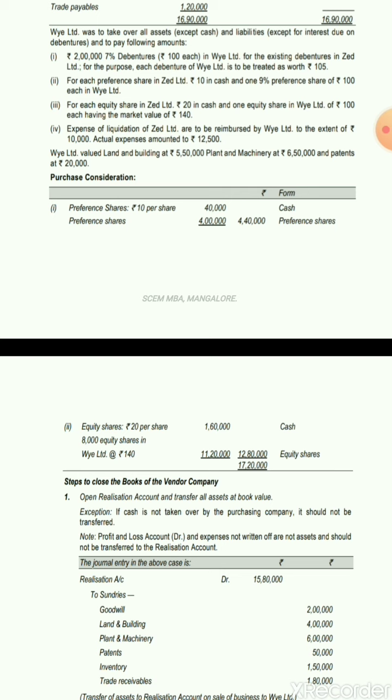If this information was not there, if transferee company had not issued equity shares, if transferee company had not issued preference shares, then we would have followed net assets method. But since the preference shares and equity shares have been discharged by issuing preference shares and equity shares, we are following net payment method here, as simple as that. If second and third adjustment was not there, then we would have followed net assets method, as simple as that. So that is one of the tricks which we would understand to solve any problem which comes in amalgamation.